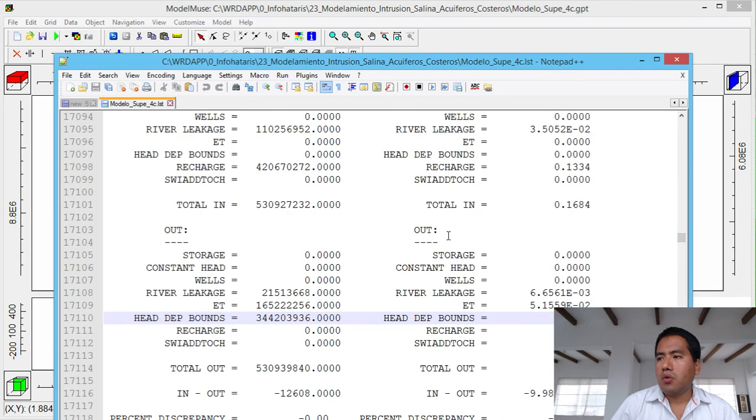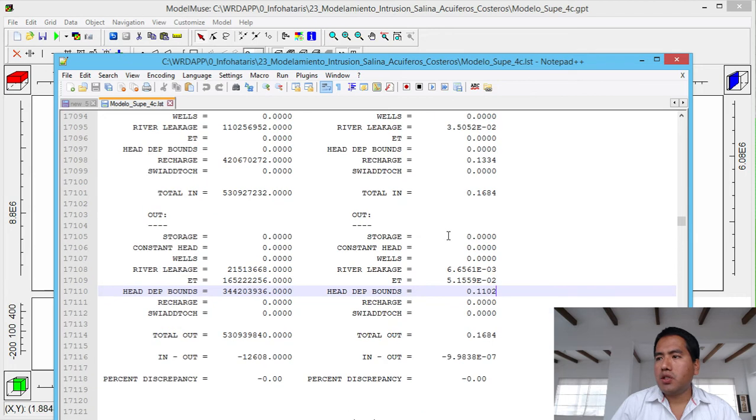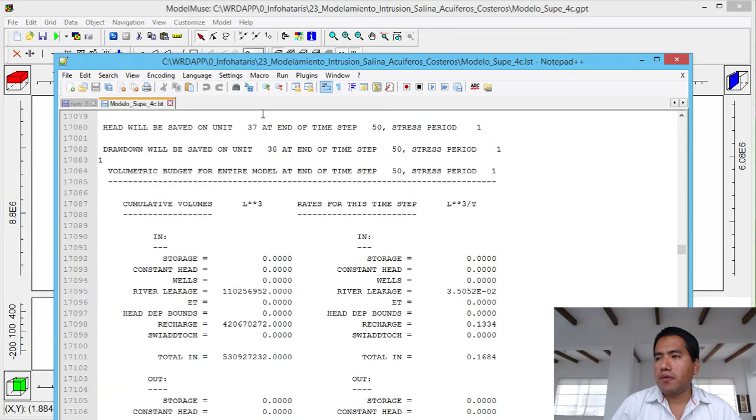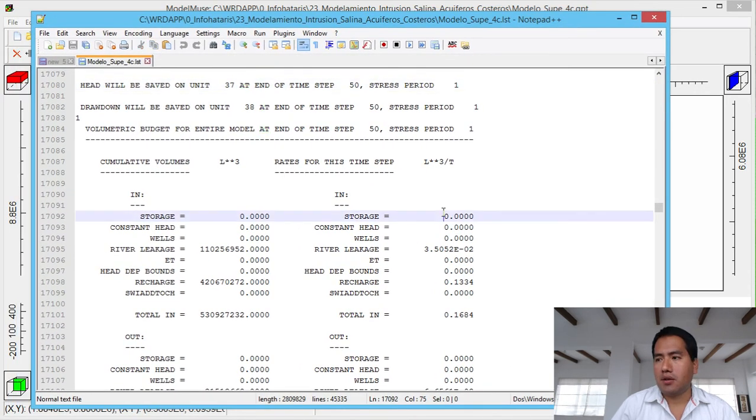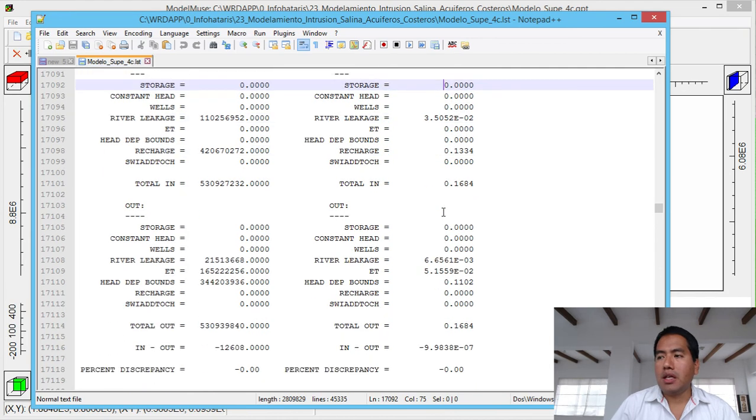Okay, we are going to analyze two time steps. First one is at the end of time step 50, storage period 1, and this is the end of the 100 years of steady state. So, this is the beginning of the groundwater exploitation. At the beginning,